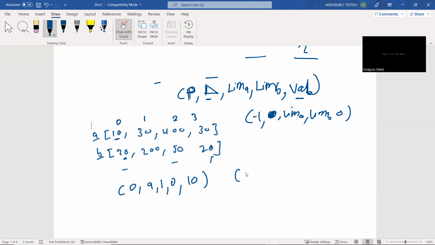And you go to position 0, which is this,